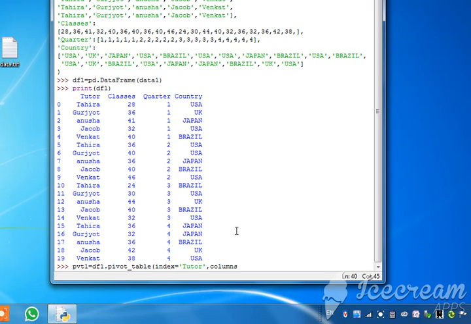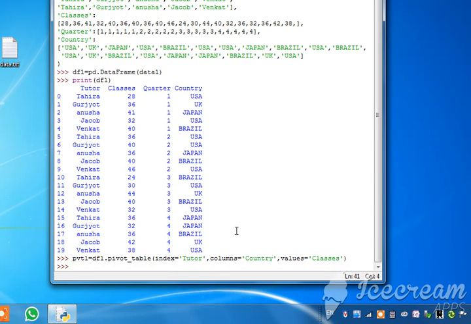comma, our columns. Columns is equal to exactly what is the column heading, our country. We are using country this time, country, and comma. The next thing is values. What are the value fields? So values is equal to classes, with capital C for classes, and close it and bracket close. So we have correctly mentioned tutor, country and classes. Enter, and now